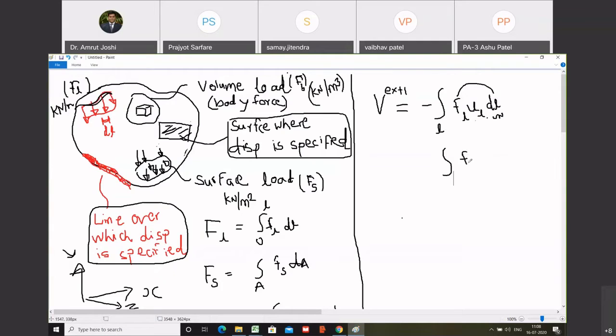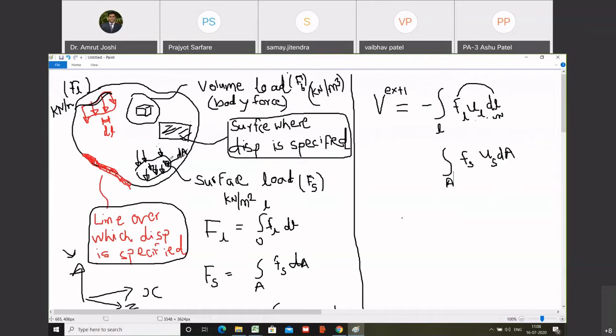It is going to be minus Fs Us dA. What is Fs into dA? I have considered a very small area dA here. Over that dA, whatever is the intensity of Fs, that Fs multiplied by dA is the small force on that small surface area dA. Displacement there is in the direction of Fs, so I am going to call it Us. So Fs Us dA, and its integration over area A